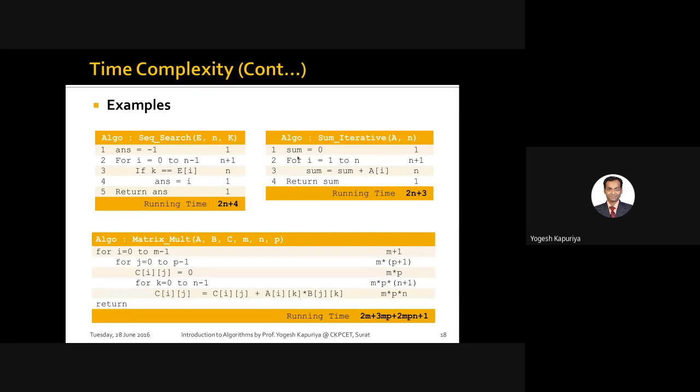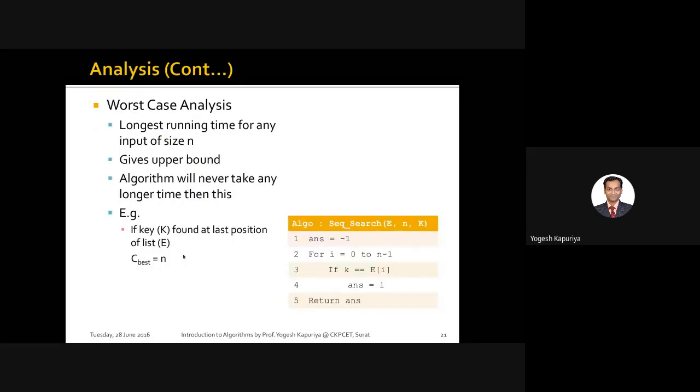First statement, step count is 1. The reason is it's an assignment, sum is equal to 0. Then a loop which is running n times, so that's why it is n plus 1. Then anything inside that loop is n into 1, since it is an assignment, so that's why it is n. And finally this is 1, so the total is 2n plus 3. Next,